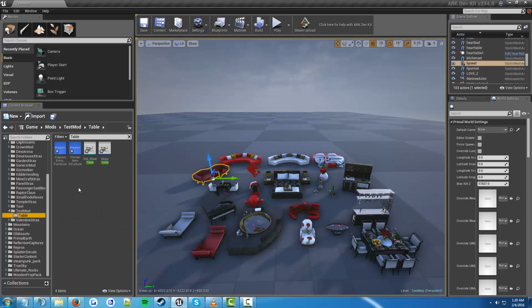Alrighty, so now when we look into our table folder and we take off the filter here, as you can see, we have 4 new files here, and we're going to go ahead and name these all to something that's going to match our table. We're just going to make a red table. Let's just do that. So let's call this